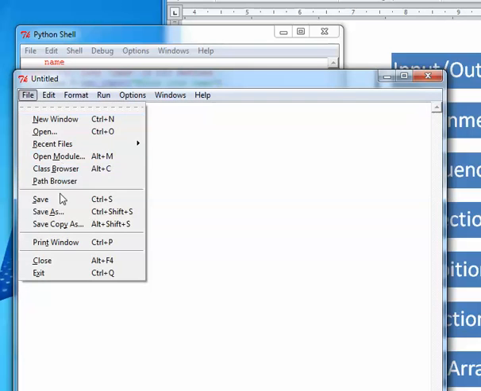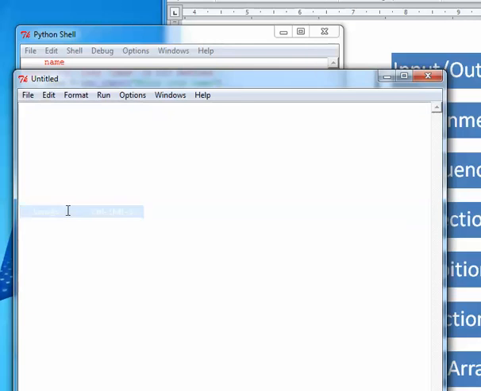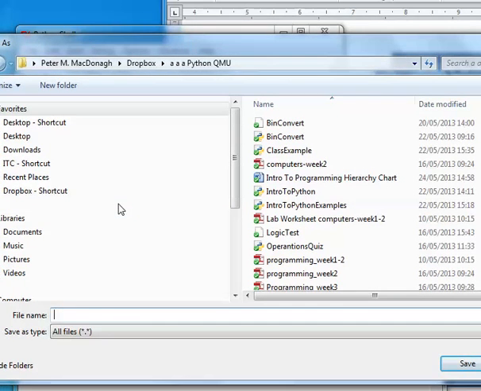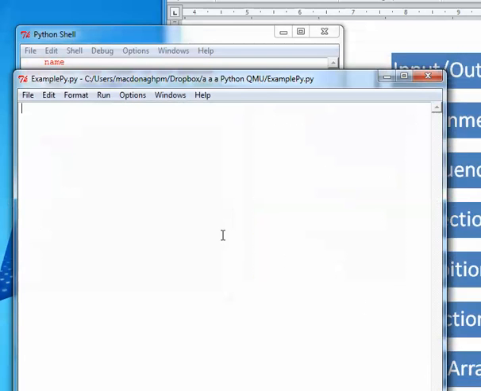So I need to save it first. So I'm going to File and Save As, and I'm going to call it example.py, and I have to give it the file extension .py for it to be a Python program. That's the extension. Okay, so now I have this saved, and if I want to add comments to my code, I can use the hash. I think in the US they call that the pound key. Now I can comment this code. So I'll call this one